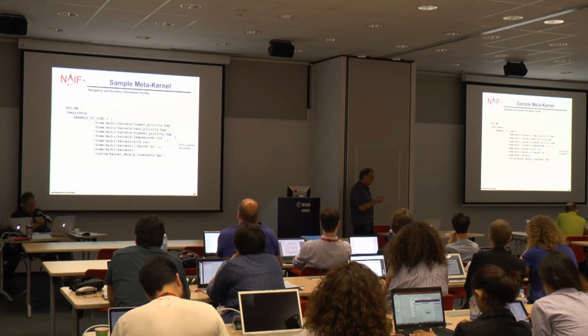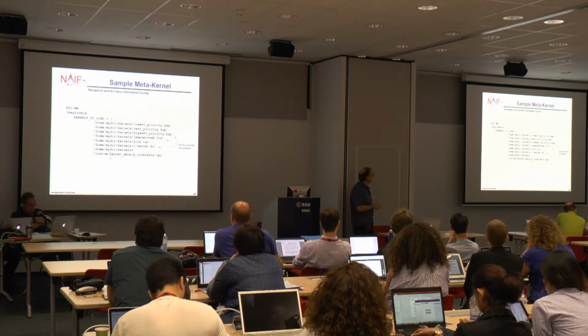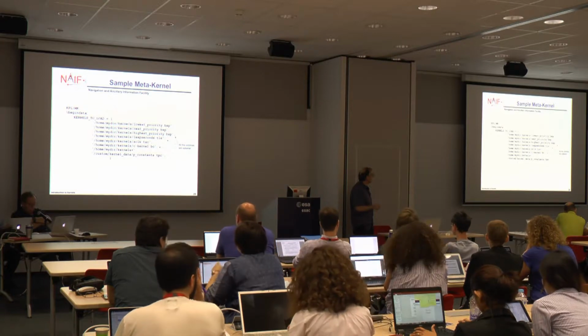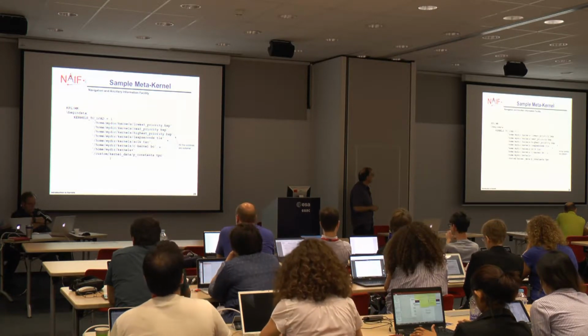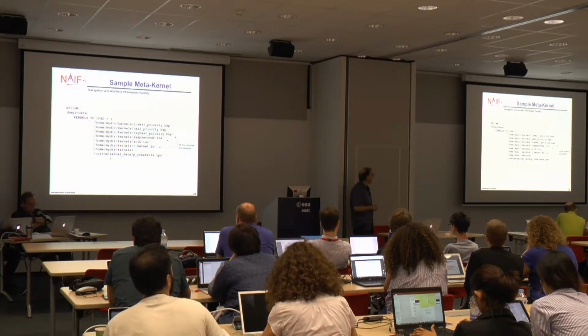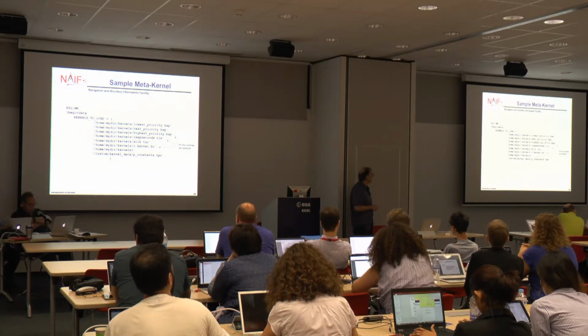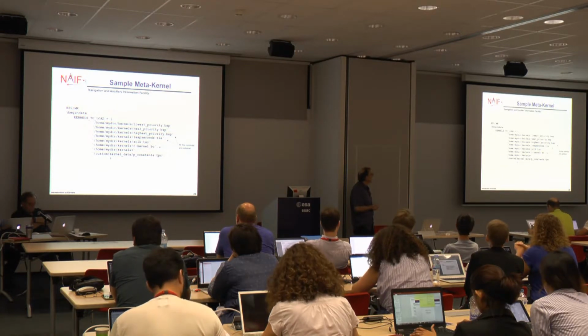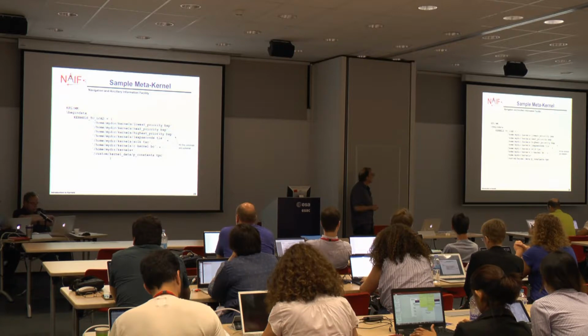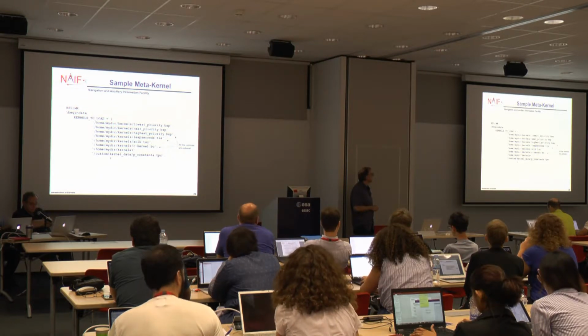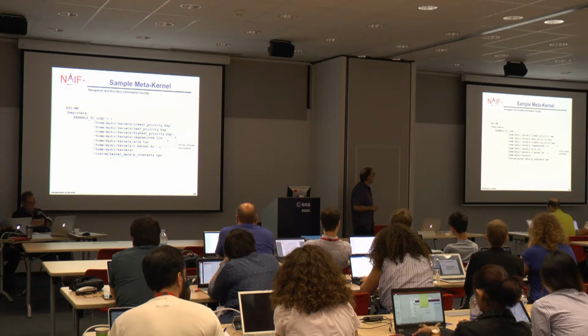And here's a sample. You see that the ID word has MK after the slash for metakernel. We have backslash begin data, just like all other text kernels. Any data block, because there can be multiple assignments in a data block, has to be preceded by backslash begin data. And then we have the statement KERNELS_TO_LOAD. This is a kernel variable name. It's standard. It's recognized by Spice. Equal sign, and then on the right-hand side,